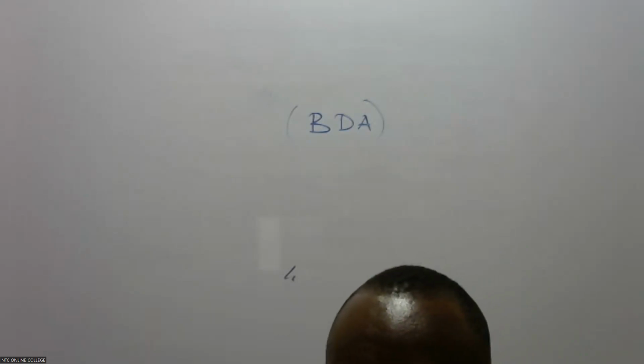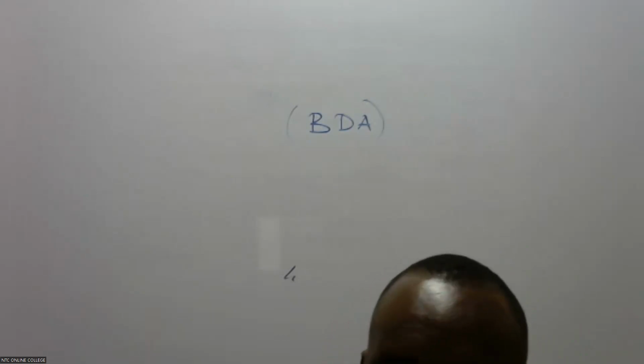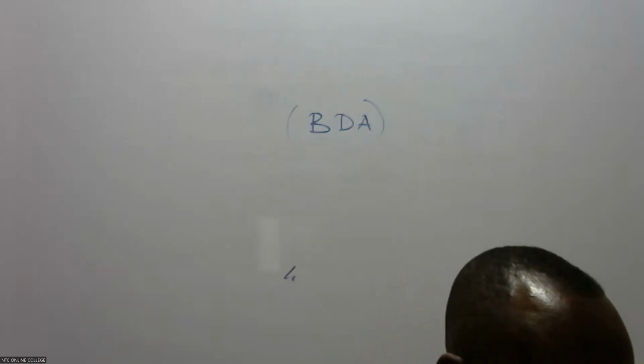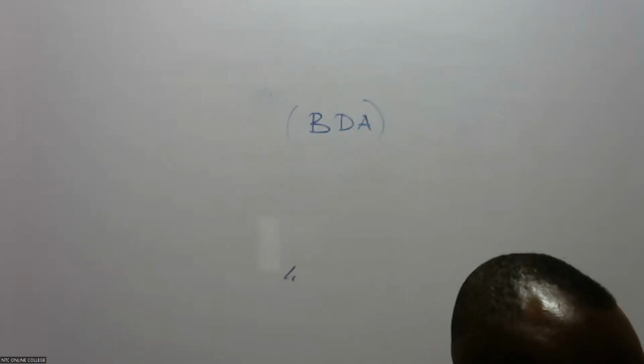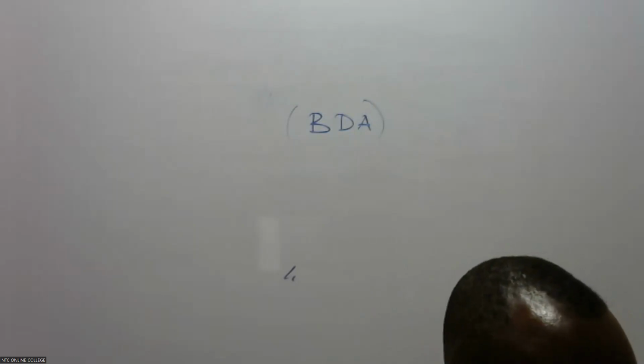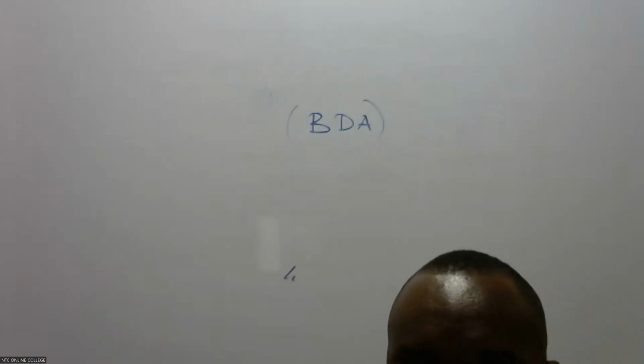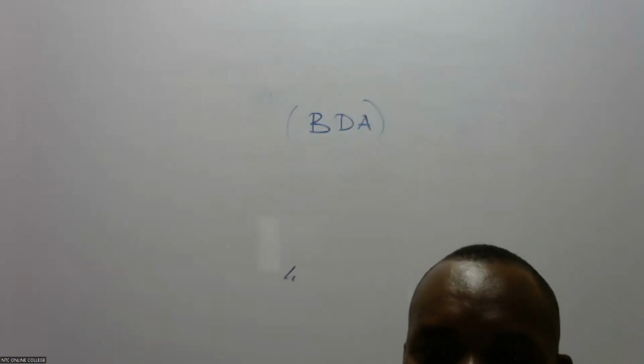You can take up this one, Mr. Wycliffe. Somebody is asking, which software do we need for this unit? I know the last time when they were doing this, they were basically using Excel. Maybe you can advise on this. Yes, I mentioned that the curriculum stated that we need two softwares, that is Advanced Excel and R. And in my introductory remarks, I mentioned that we're also going to do R. But of course, if you compare the application of MS Excel and R, you find that Excel is the core. So we are going to do those two, R and MS Excel.